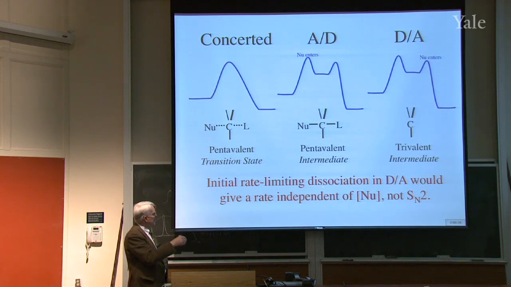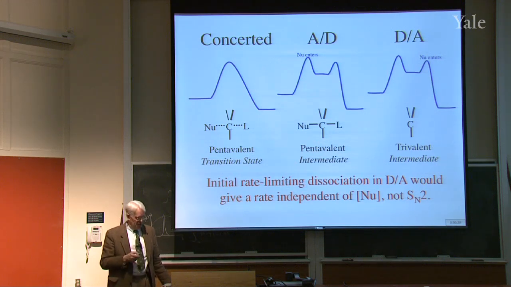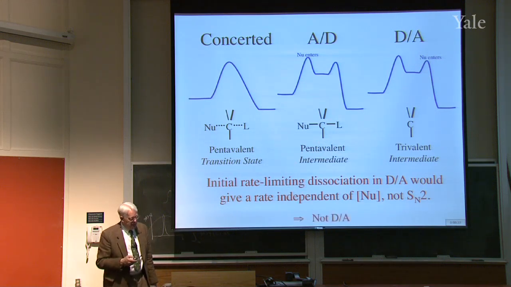So the initial rate limiting dissociation in the dissociation association would give a rate independent of nucleophile, this one, because the first step doesn't involve the nucleophile, only the second step. So if the rate limiting step depends on nucleophile, it can't be this mechanism. So we could exclude it on this basis as well as on the stereochemistry. But